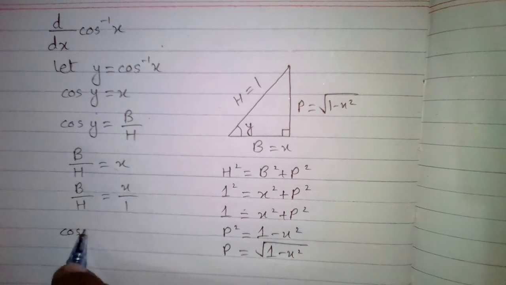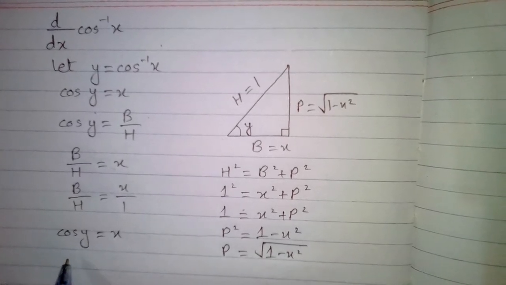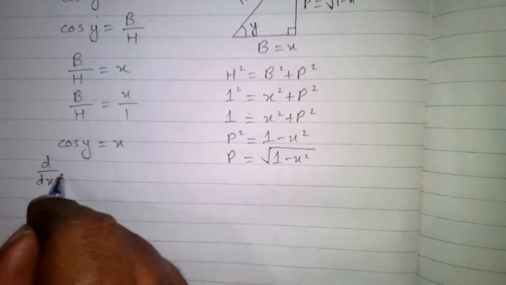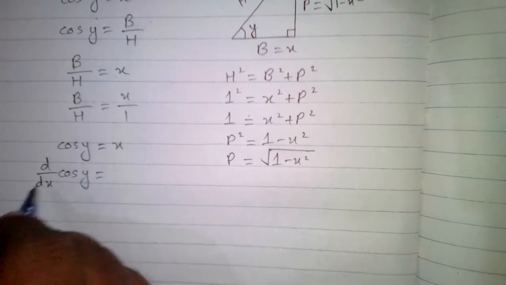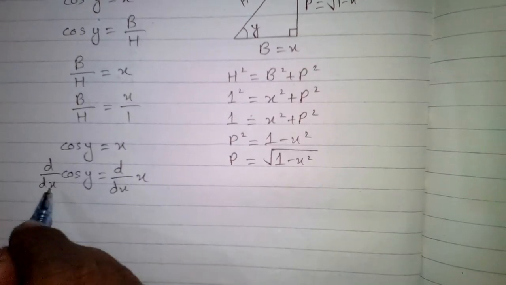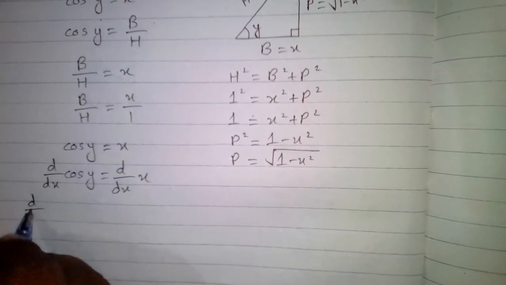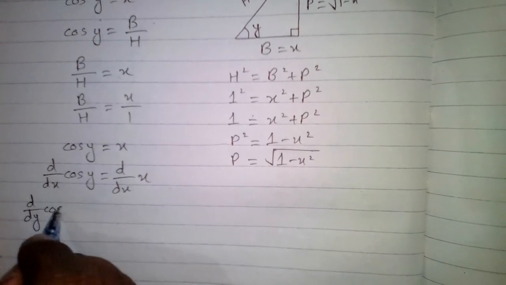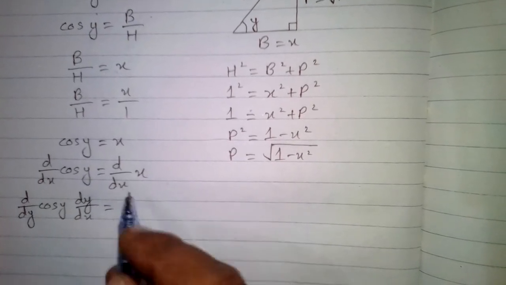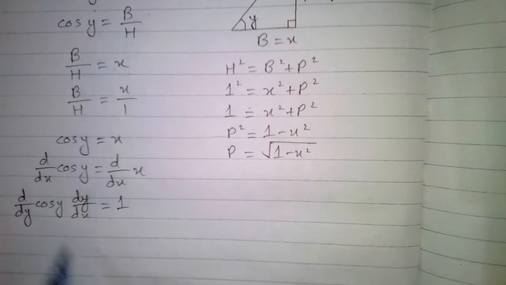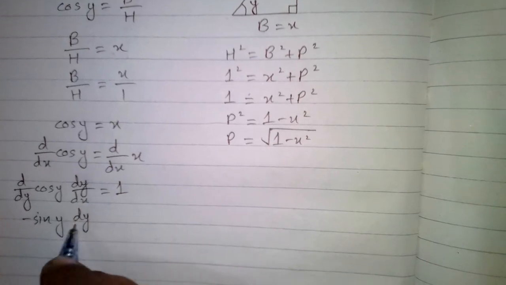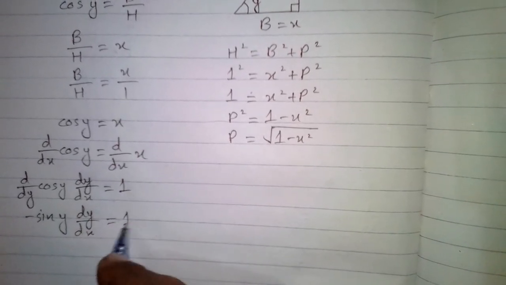Now cos y is equal to x, and we can take derivative of both sides with respect to x. So we have d by dx of cos y is equal to d by dx of x. Now here we will apply chain rule, so that we have d by dy of cos y multiplied by dy by dx is equal to the derivative of x, which is 1. Now the derivative of cos y is minus sin y,